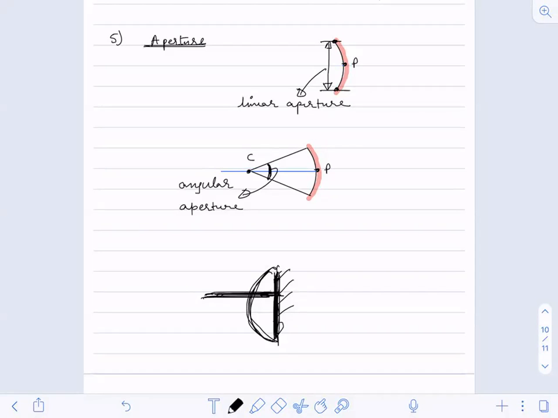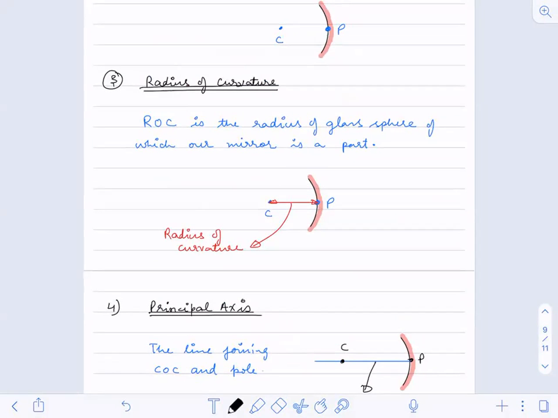See, radius of curvature is actually the length, the distance. This distance is radius of curvature. This is 2 meter, this is 3 meter, so that's the radius. The length is what I'm calling the radius of curvature, whereas principal axis will be the imaginary line that you draw, joining the center of curvature to the pole. Radius of curvature is the distance between the center of curvature and the pole, which you measure in meters. So if I ask you what is the radius of curvature, it tells that it is 2 centimeter, 4 centimeter, 5 centimeter, 65 centimeter, like that.